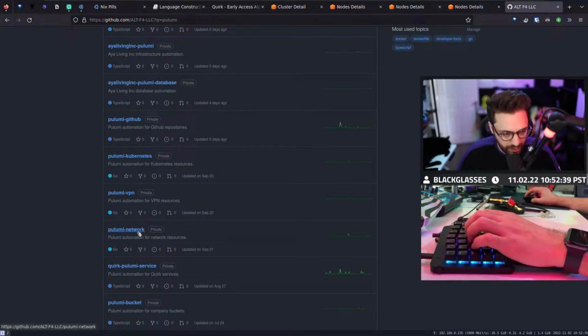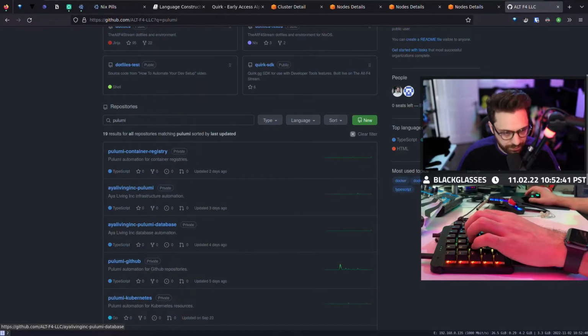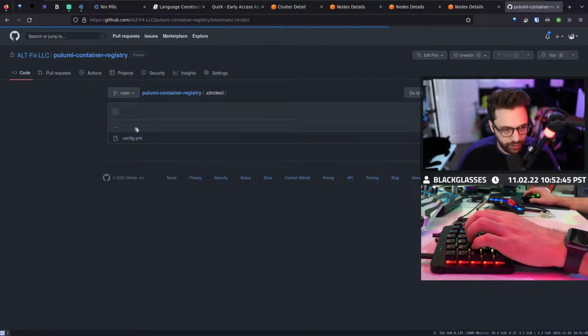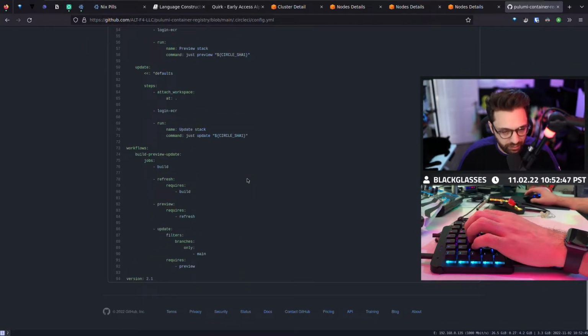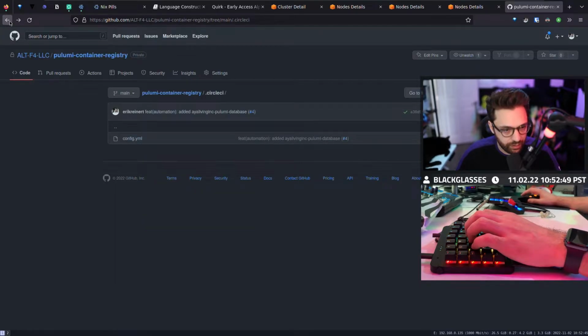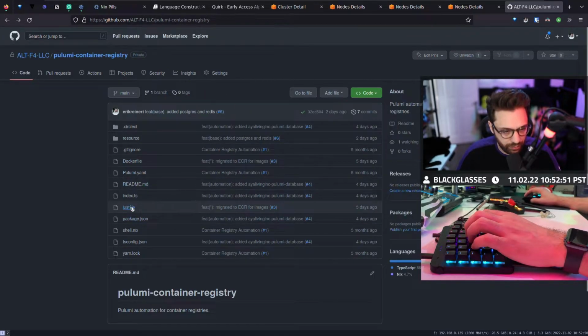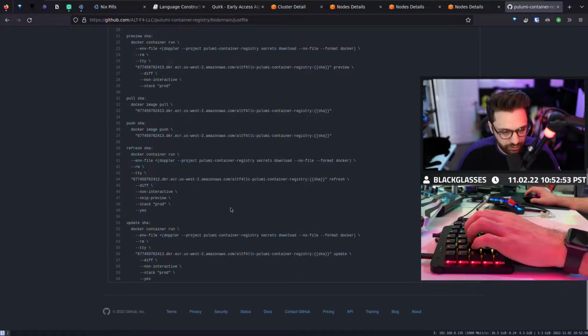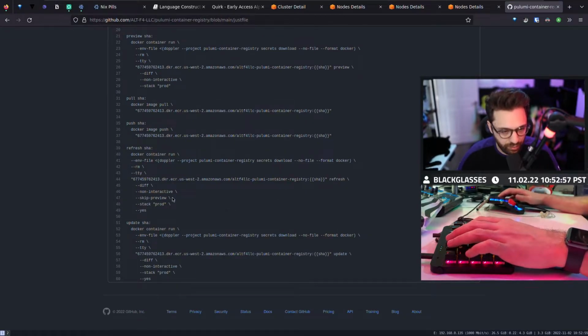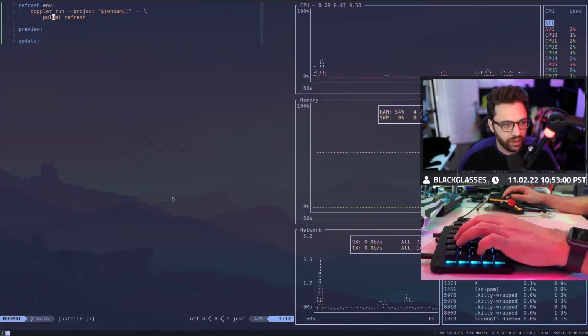What am I looking for? Network, Pulumi service, Pulumi bucket. No, I'm looking for container registry. Okay, so if we go here, CircleCI. Learning to pace yourself is also really good for the long run, otherwise eventually you'll get burned out. Refresh, diff, non-interactive, skip preview, stack, prod. Yes, okay, so this is what we want.